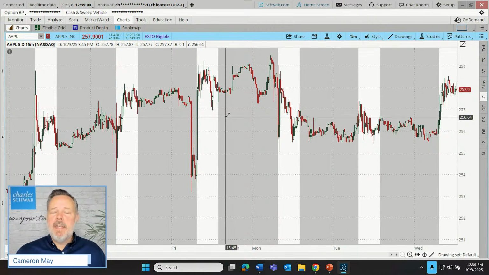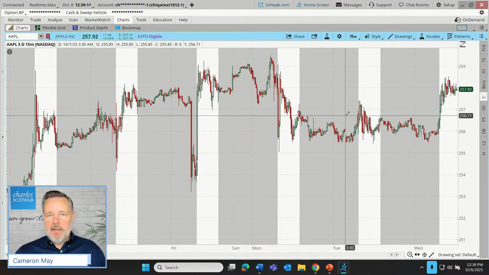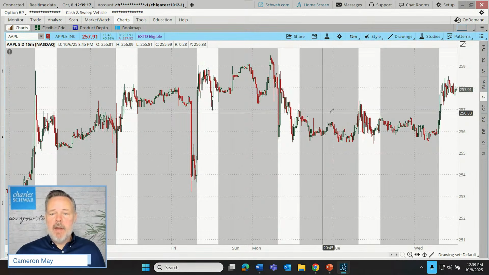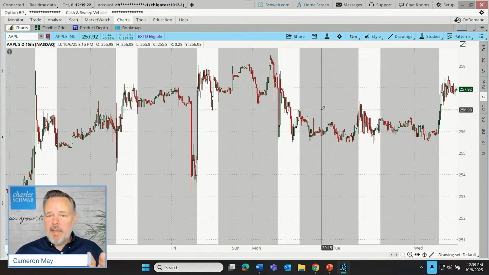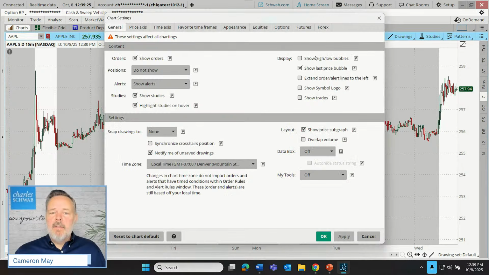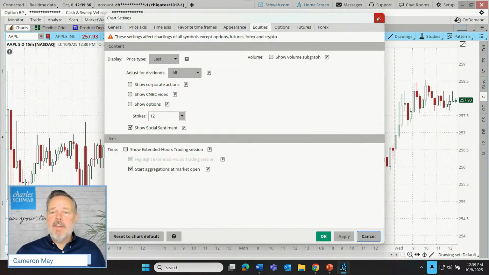So I'm looking at a 5-day, 15-minute chart here. And on this chart, the white represents the normal hours of trading. The gray represents the rest of trading. That's another 16 and a half hours of trading, either post-market or pre-market. So some traders prefer to be able to see this, others not necessarily. That can be set up using the equities show extended hours trading session. If I want to just get rid of this gray area, I just uncheck that box. And now it's showing me, even on a 5-day, 15-minute chart, just the normal trading hours.